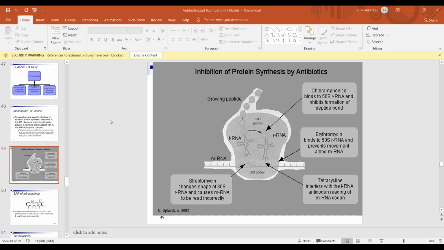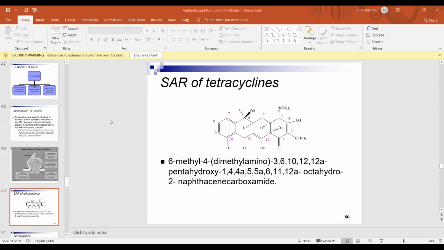We now move on to the SAR of these tetracyclines. This class of antibiotics has a very elaborate SAR. If you see over here, there are four rings which are fused, and I told you the name of this ring is octahydronaphthalene ring system. Naphthalene is a typical structure. You all know the structure of naphthalene, and plus there is one more extra ring now joined to it. So this is an octahydronaphthalene ring system.